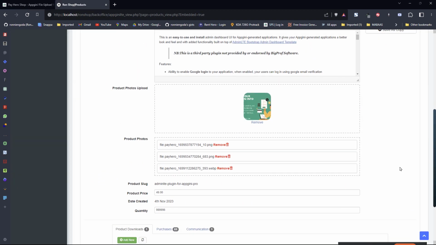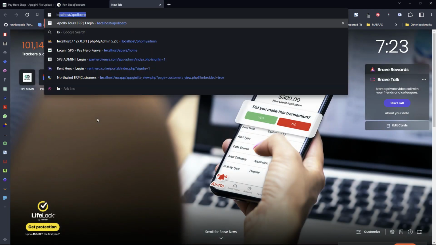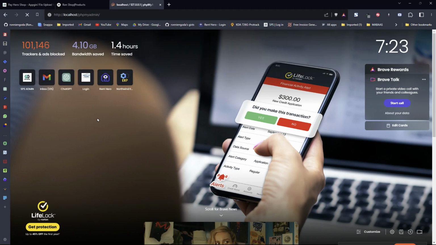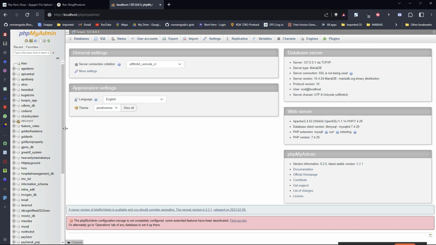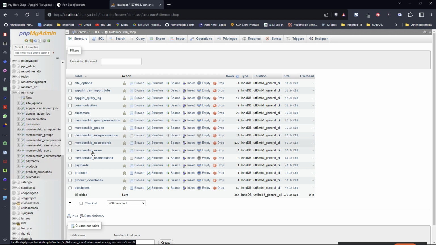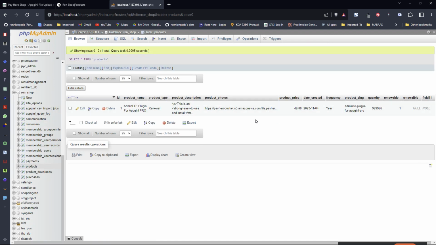Such cases, or you just want to have a file management table that you can upload your files on. So by default, your files will be stored comma separated. It will be a string of comma separated links like this one. This one has just been formatted, but let me just show you how the database will look like. So let's go to this database here and go to products. If you go to the product photos, you can see